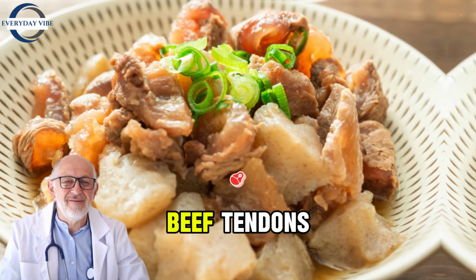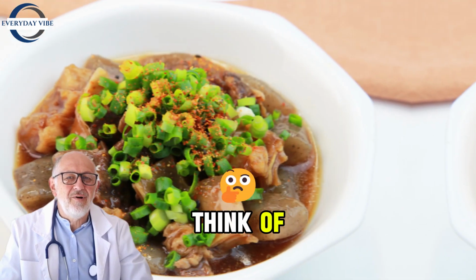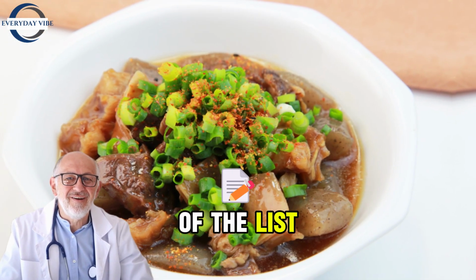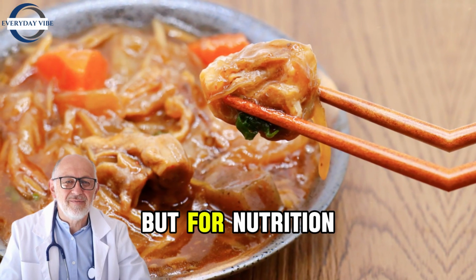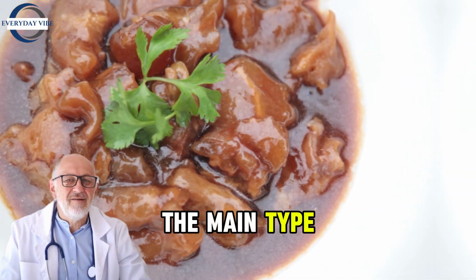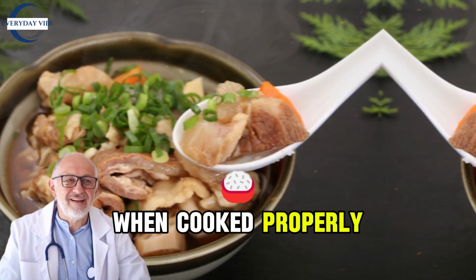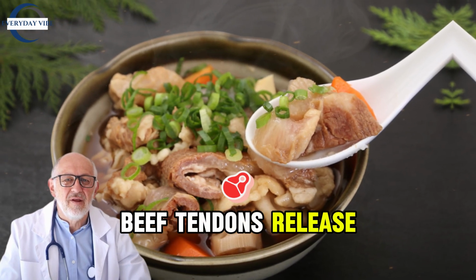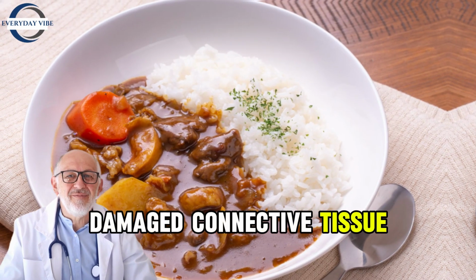1. Beef tendons, the #1 source of collagen most people never think of. At the top of the list, beef tendons may not seem appealing to the average diner. But for nutrition experts, they're a treasure trove of type I collagen, the main type found in ligaments, cartilage, bones, and skin. When cooked properly, beef tendons release gelatin and active peptides that help repair damaged connective tissue and lubricate